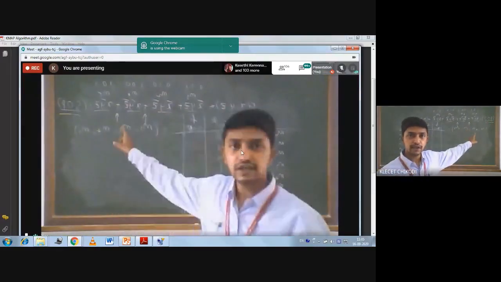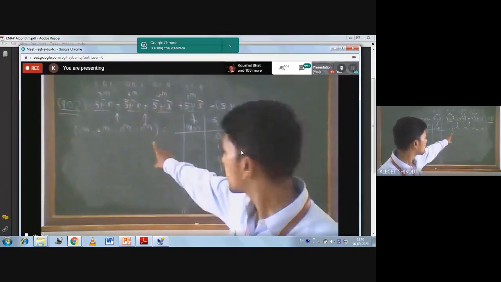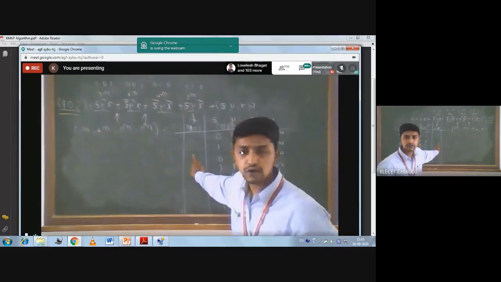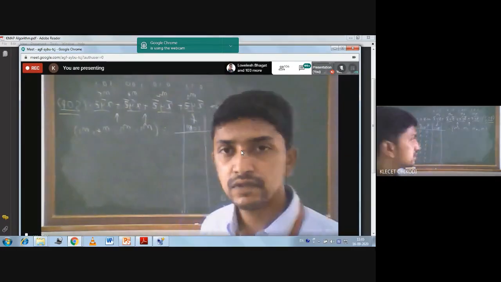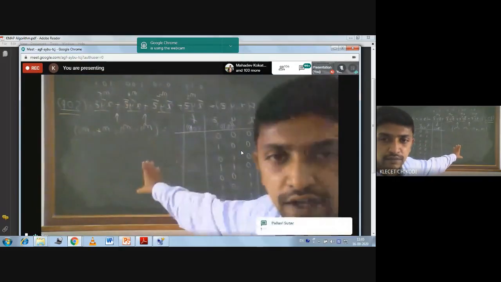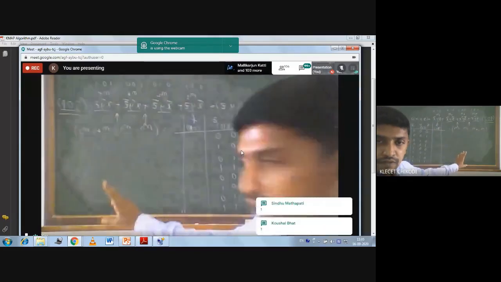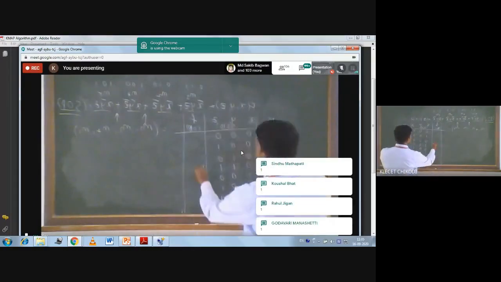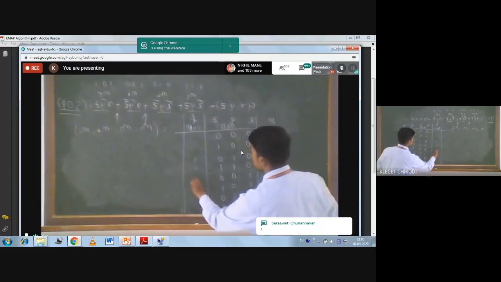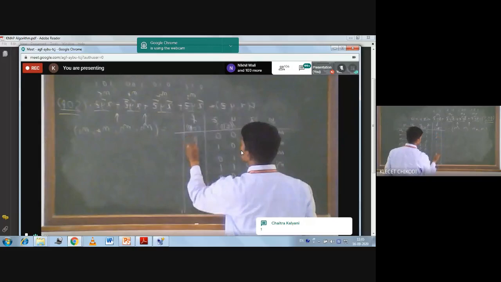Wherever the minterms are available, we have to put those values here, either zeros or ones. So for M2, it is 1. For M3, it is 1. For M4 again 1, and M5 it is 1. The remaining values are 0.